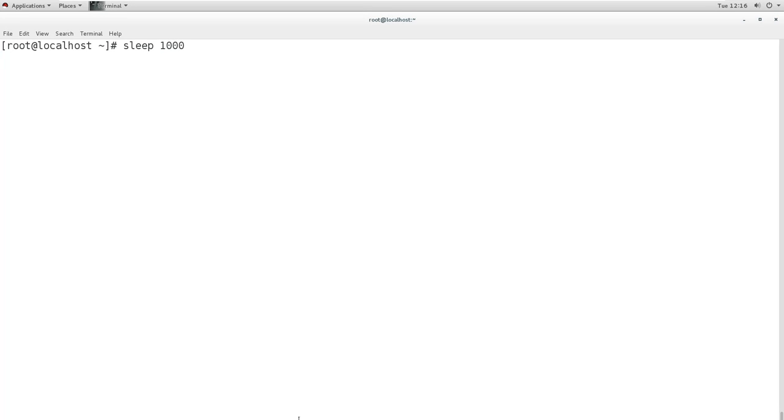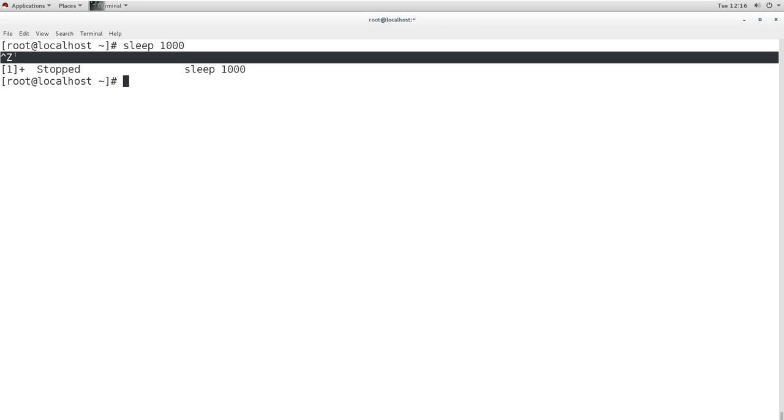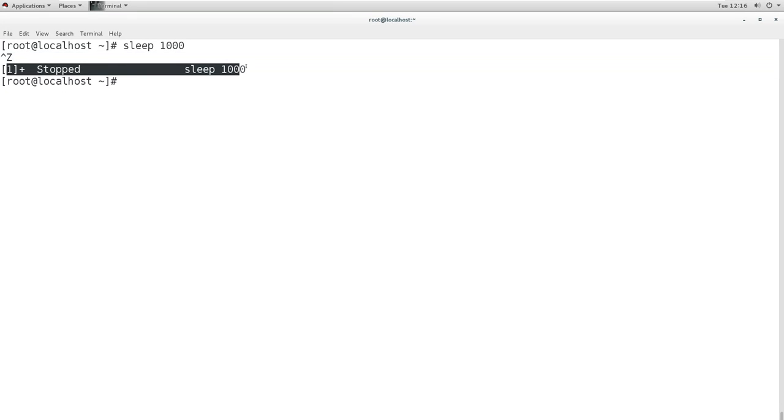Now for stopping or killing the process, you can press Ctrl Z: it will stop the process, or for killing the process we can press Ctrl C. Suppose I want to stop the process, so I will press Ctrl Z, and you can see which key I have pressed, Ctrl Z. And what it actually does is it stopped the process. It is not killing, it is actually stopped.